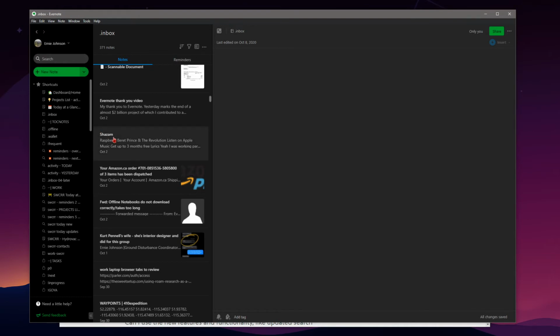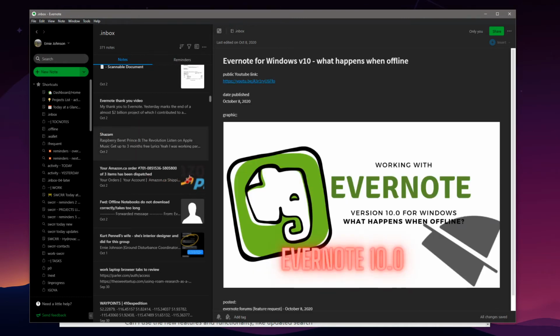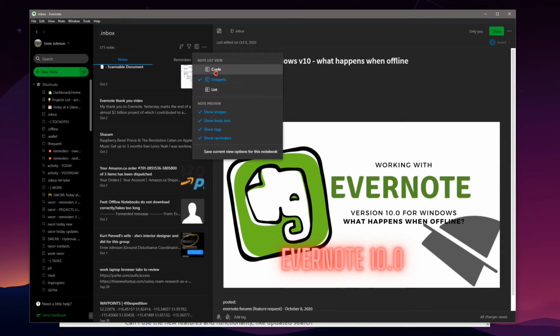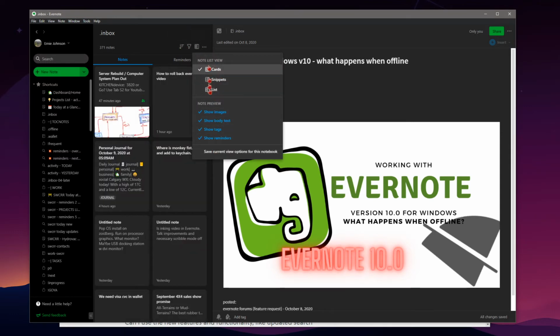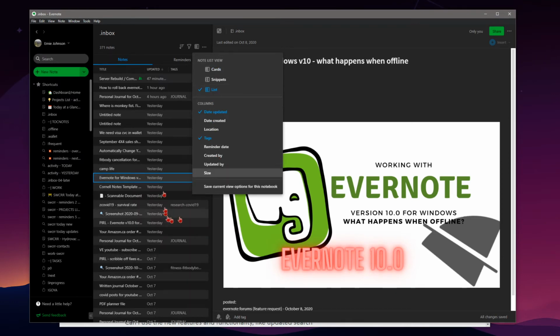We certainly hope performance improves. We hope that we're going to get our import folders back. We hope we're having offline support. The list goes on. But this is what you are going to have for Evernote. You can customize a few of the things, your different view options, card view again, list view. So